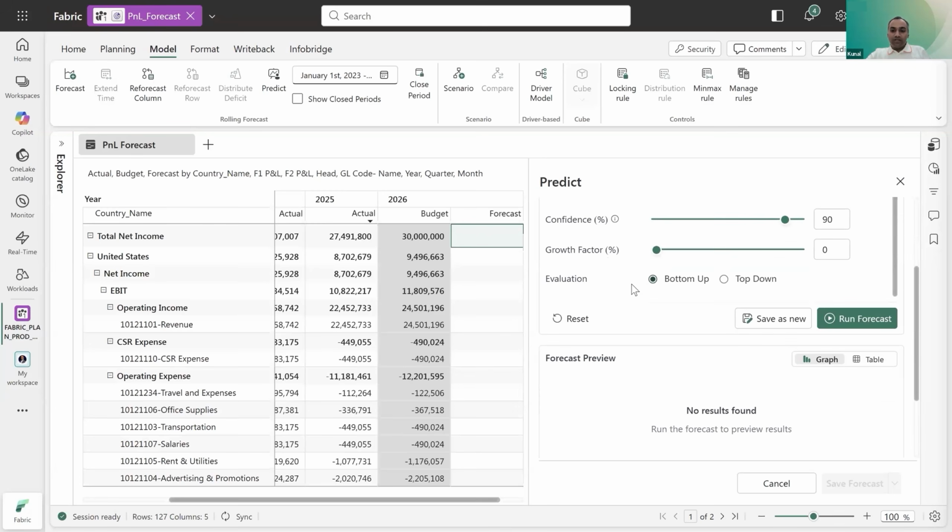Now, here's a very important piece. You have evaluation approaches. You want to go with bottom up or top down. Now, this is different than allocation. The evaluation approach for bottom up in the predict function is where individual leaf level rows, which are our chart of accounts, will be evaluated to find the trend and seasonality, and then accordingly the prediction will provide the